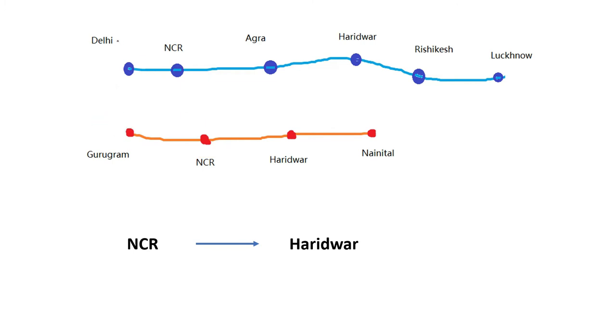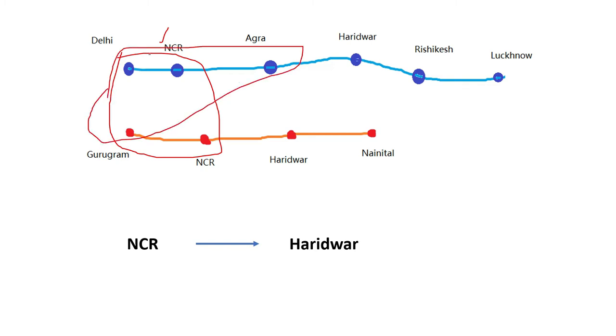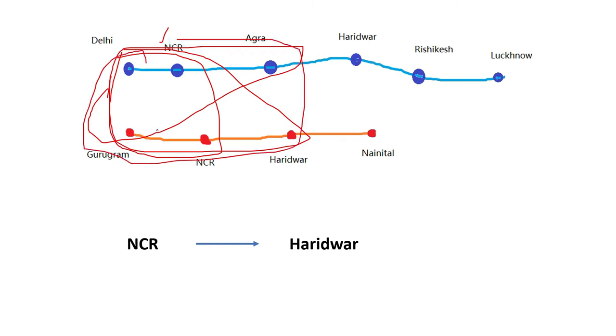Then we can check for the opposite thing: Delhi, NCR, Gurgaon. In this part, is anything common? Not there. Then we can check for these four together. Here I got one station common, that is NCR, that I can keep and make use of later. And after that we can check in this portion, then maybe in this portion, and then proceed towards the end. So we can check for these combinations and go forward and make use of the previous result which is already calculated. Now we will see the dynamic programming tabulation technique.